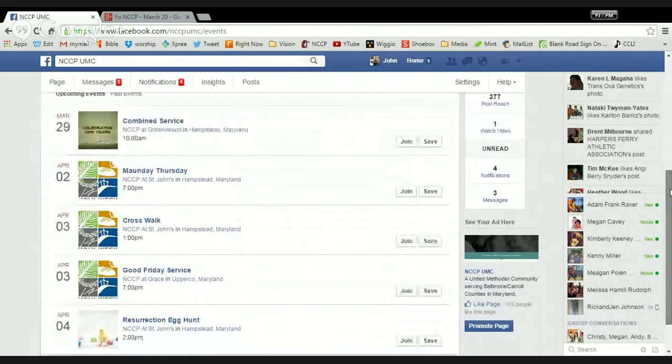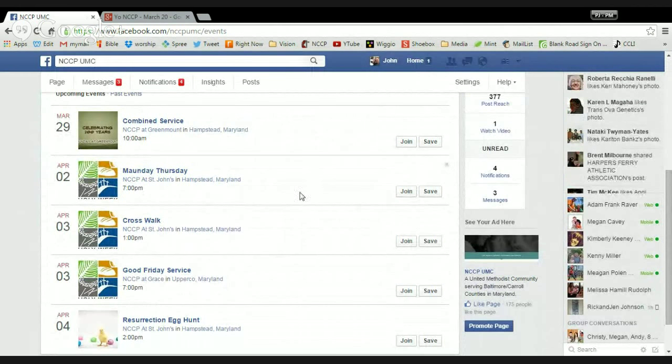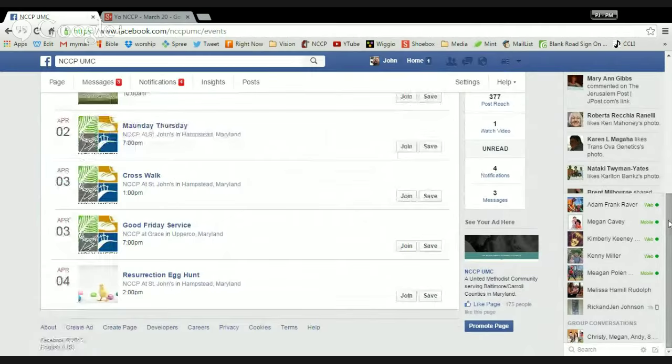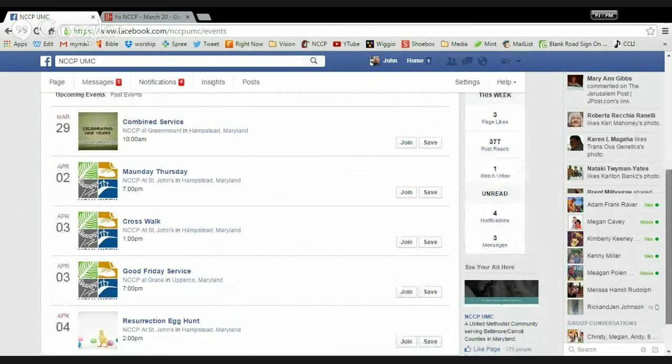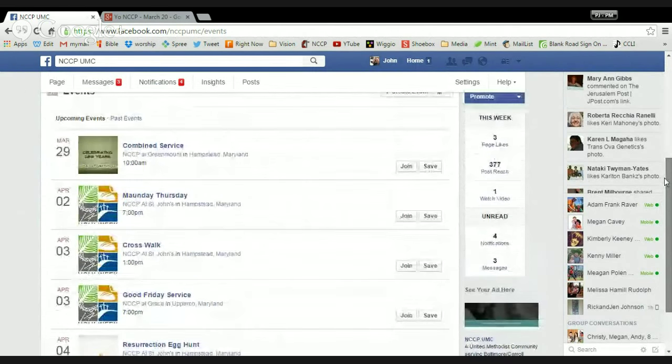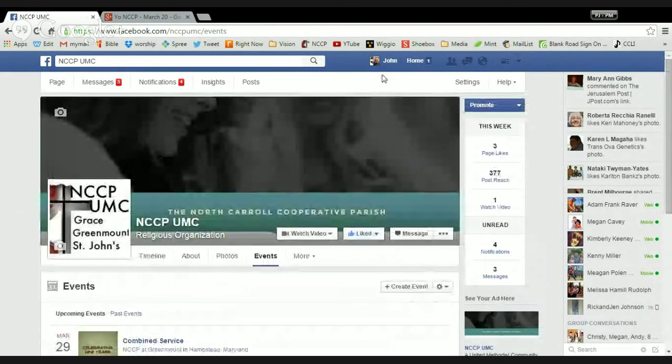You'll notice in a nice little calendar format the combined service, and then the Holy Week schedule: Monday, Thursday, crosswalk, Good Friday service, and our event for kids, Resurrection Egg Hunt. The sunrise services aren't on here yet, but they will be soon. If you're on Facebook, you can interact with these. If you're not, you can at least see and mark your calendars for parish-wide events. And that's a helpful